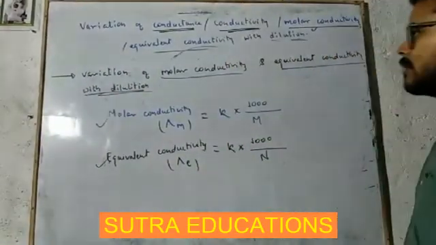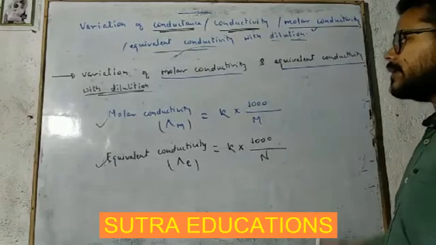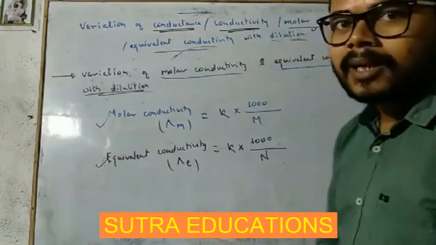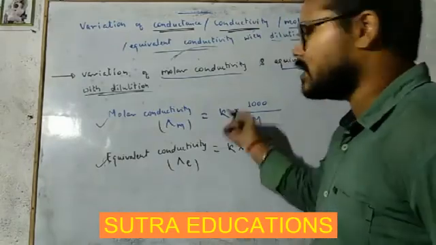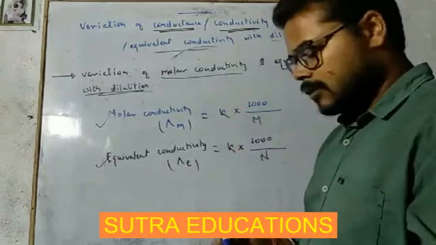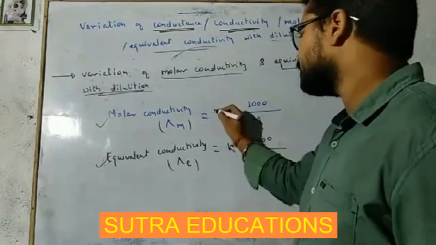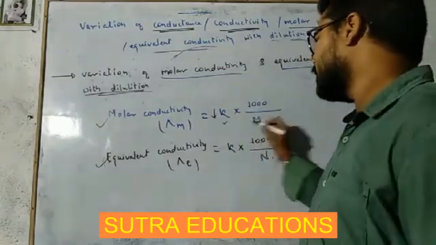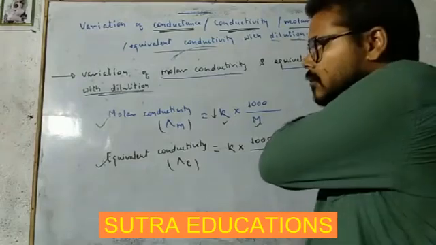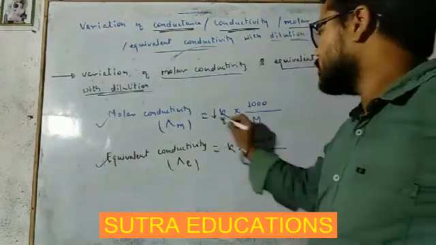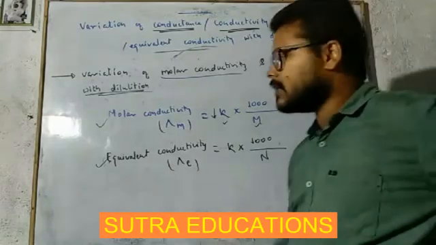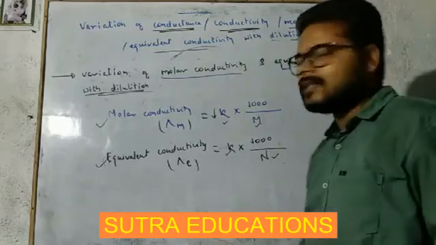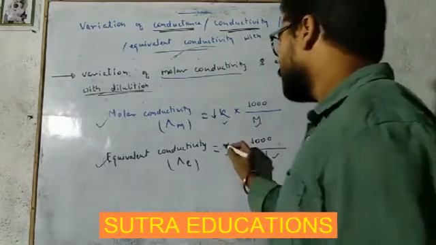So we have discussed one thing. On dilution, conductivity decreases. Just before this we have discussed, on dilution conductivity, kappa, decreases. But in this case two governing factors are there. One is this kappa and other is this molarity. Molar conductivity is governed by kappa and molarity. In the same way, equivalent conductivity is governed by kappa and normality. So kappa in both cases will decrease on dilution.